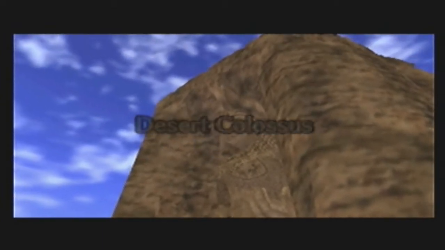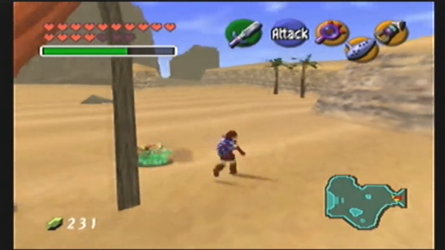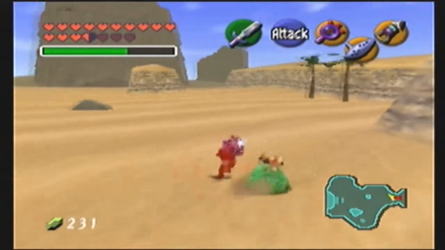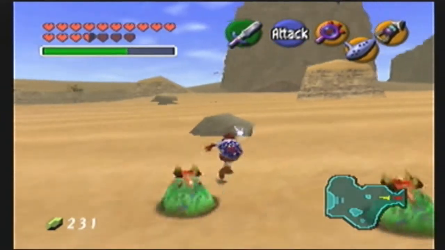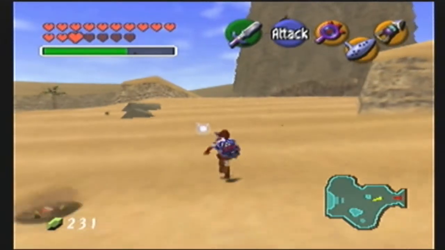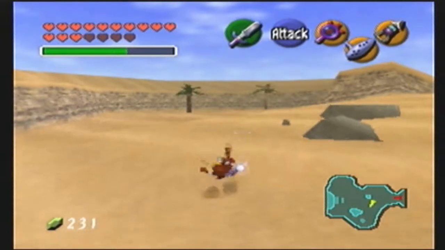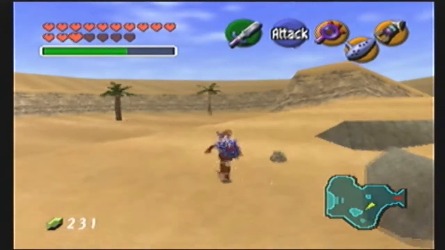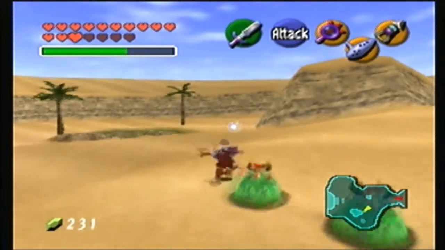Anyway, Desert Colossus, where Nibiru lives. This place is quite infested with stuff. Now, I would clear out this area right now, but we can't exactly until we come back at a certain point. You'll see what I mean in a minute. So, I'm going to leave this area for now, but I am seriously low on health, so really, I should be avoiding these enemies and go all the way at the back here and play the Song of Storms quickly,